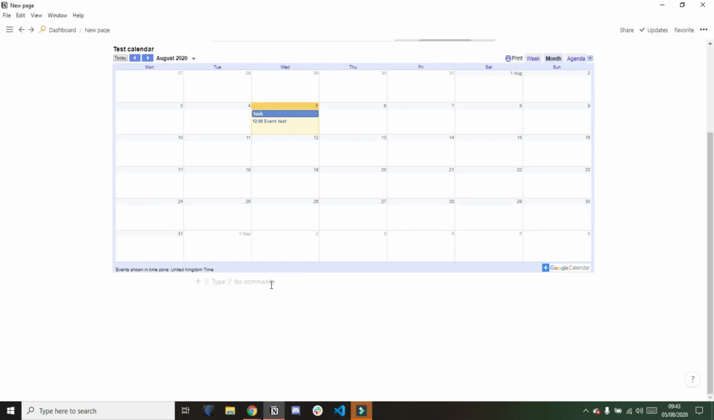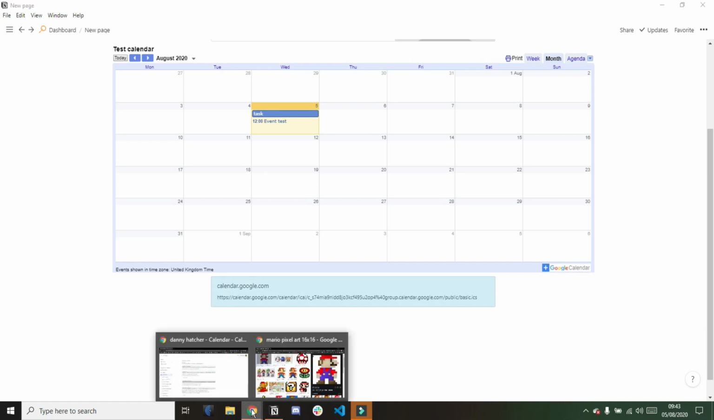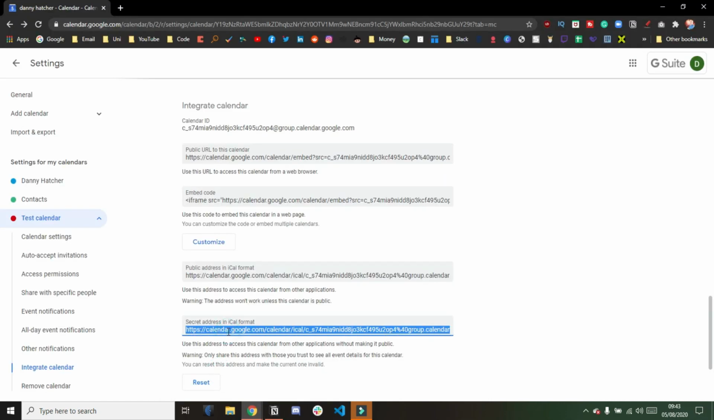When it comes to the aesthetics of Google Calendar in Notion, you can't actually change any of the settings from what I know, and when you compare Google Calendar to Notion, you might not actually want to embed Google Calendar into Notion,